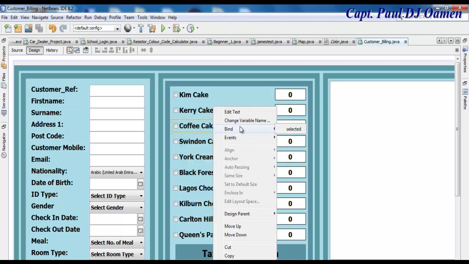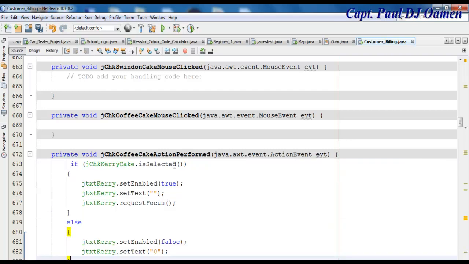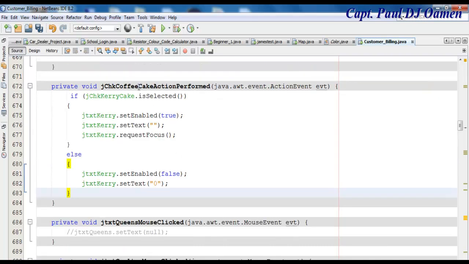Just right click and enter the details in there. Alright, so come in here, paste, and I'm going to change the content in here to coffee, so that becomes coffee here. We have coffee,